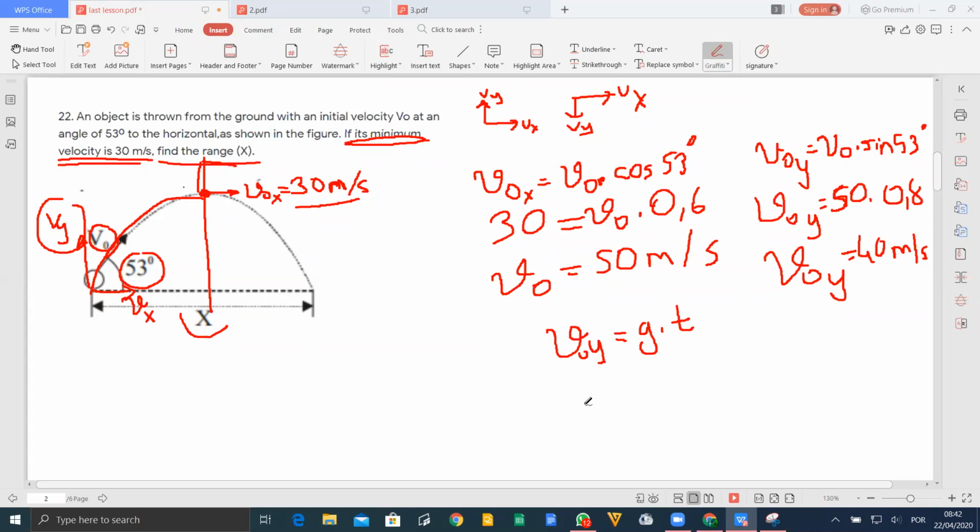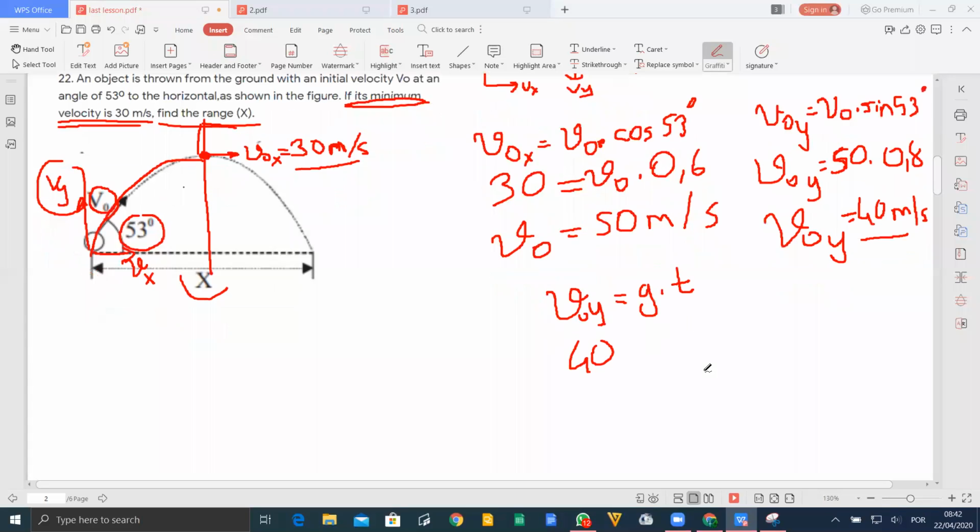So V0y is 40. I think you understood that it will take 4 seconds to go up to the H maximum, and then there will be another 4 seconds to go down. But we need to prove that. I'm showing you 40 is equal to 10 times t, and t will be 4 seconds. What is this? This is the time taken. Let's say this is point A. Let's say this is H maximum point B. And then let's say this is point C. This is the time taken from